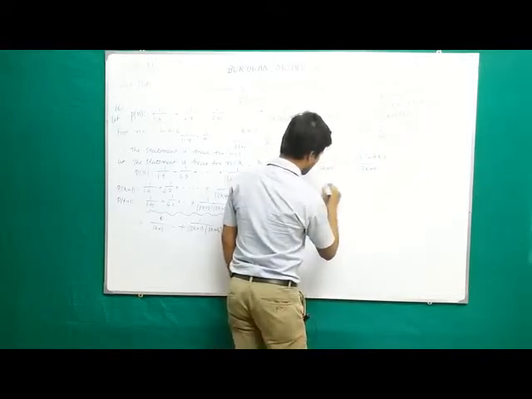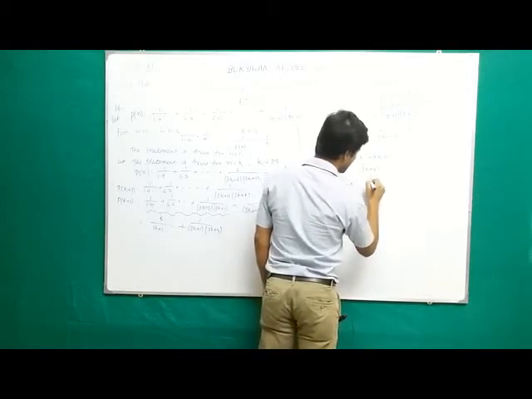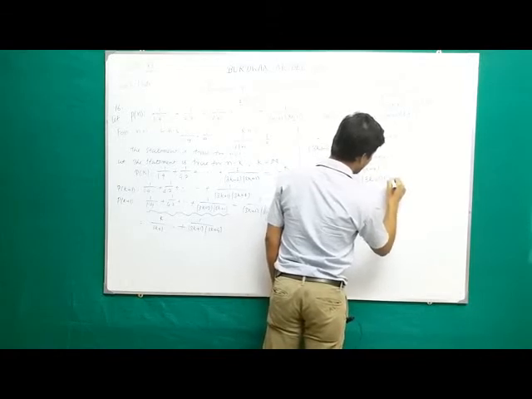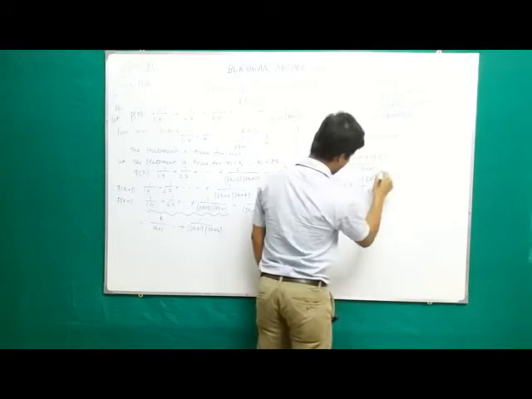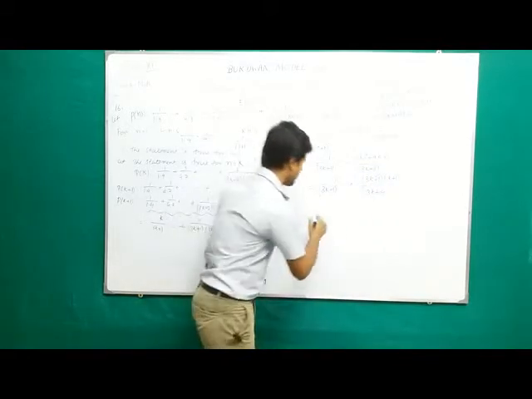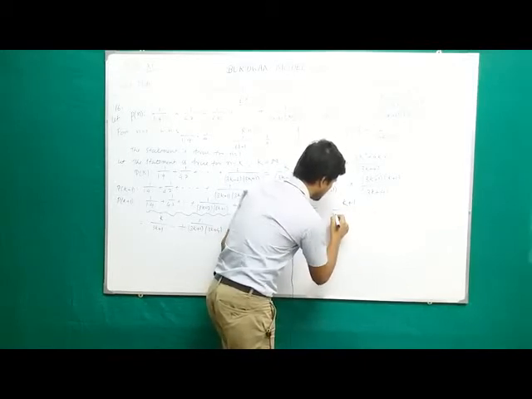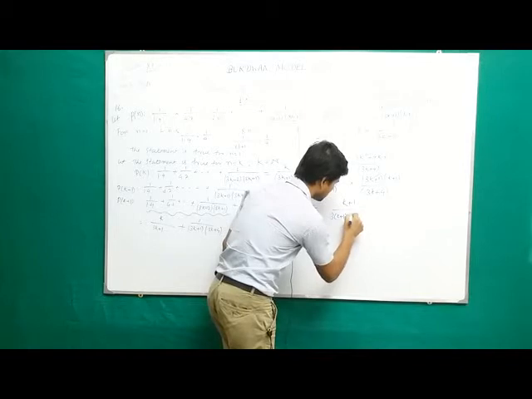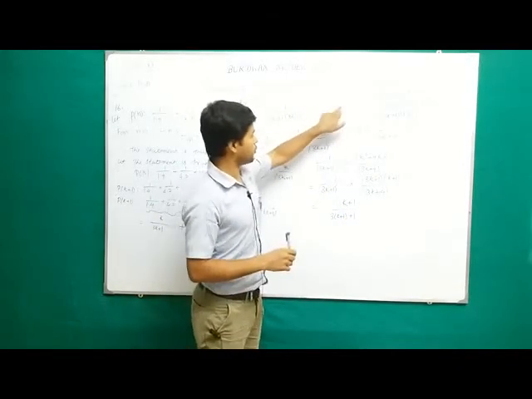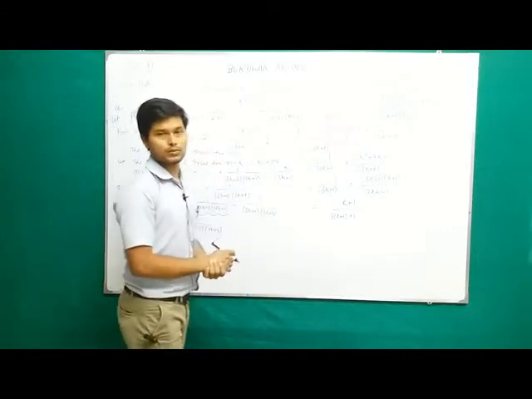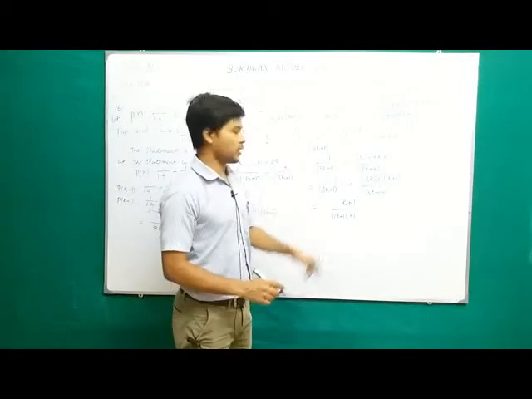So write 1 by 3k plus 1 into (3k plus 1) into (k plus 1) by 3k plus 4. Now we can cancel 3k plus 1 with 3k plus 1. So the result becomes k plus 1 by 3 of (k plus 1) plus 1. Now this expression looks like the given expression where we put n equal to k plus 1. So we can say that the given expression is also true for n equal to k plus 1.